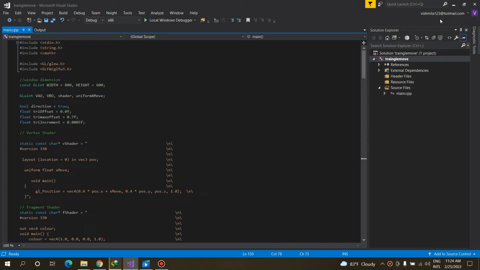Okay, first let's see how to draw a triangle using OpenGL and to move the triangle. For that, first we need to include these external libraries. The stdio library and the string library are the libraries used in C++. Other than that, we need two libraries, GLEW and GLFW, which are used in OpenGL